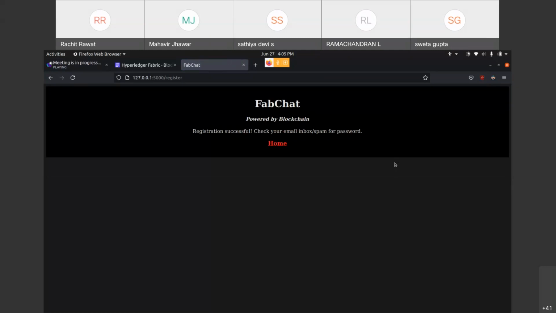Okay, now it says that registration is successful and to check your email inbox for the password. At this moment, the application will send the password to the user's email ID.